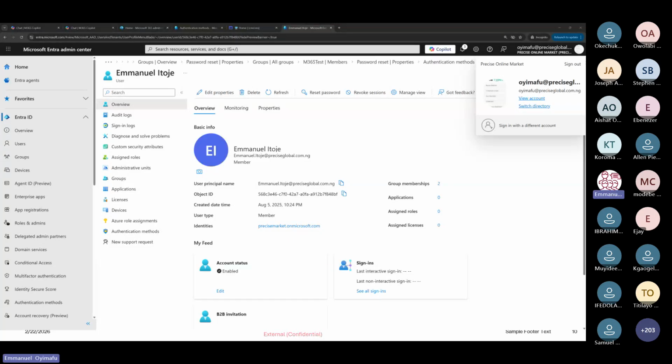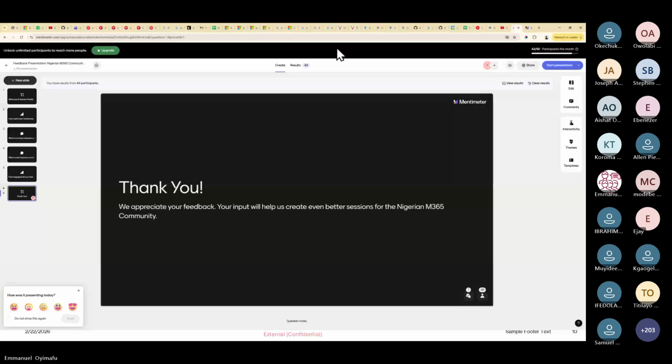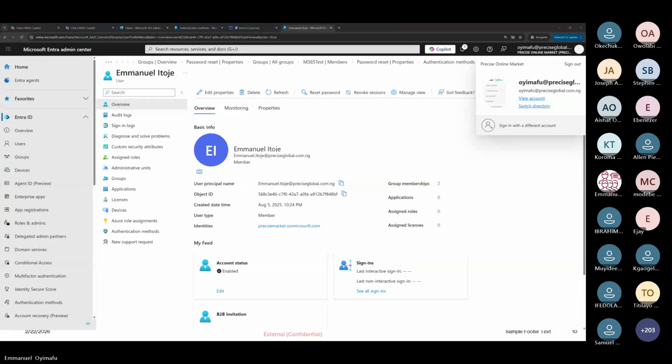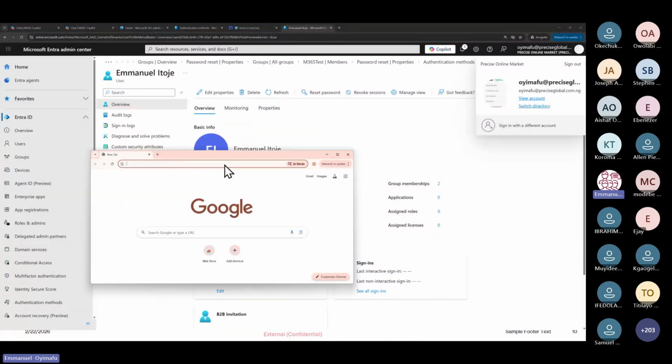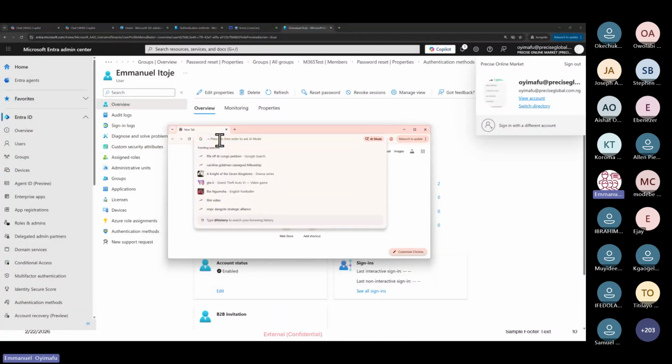Let me look for one of the browsers that I can use to actually do that. Add profile. So you can follow along with me. Let me come here and go to office.com.